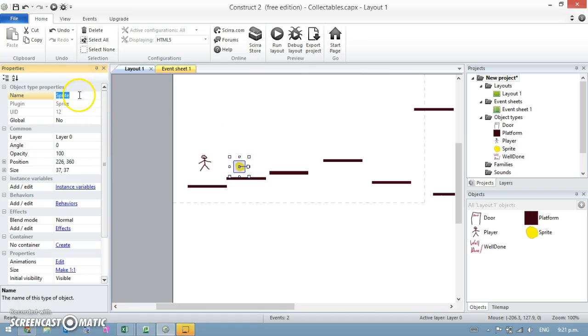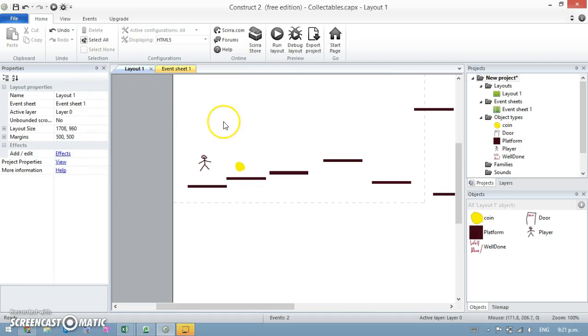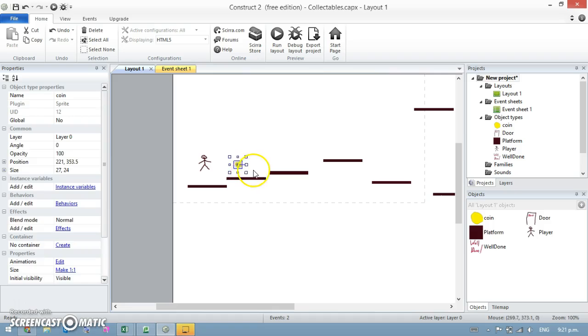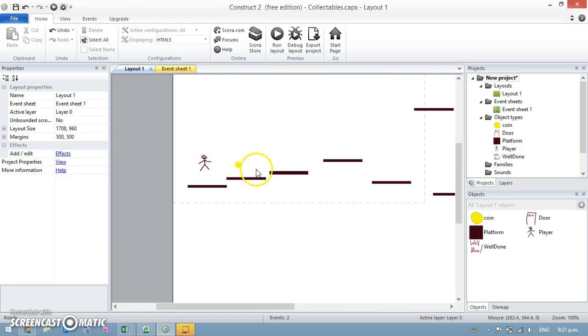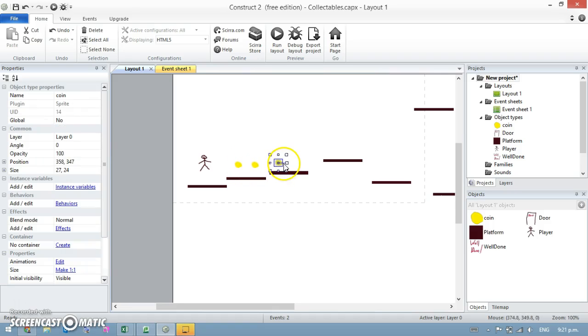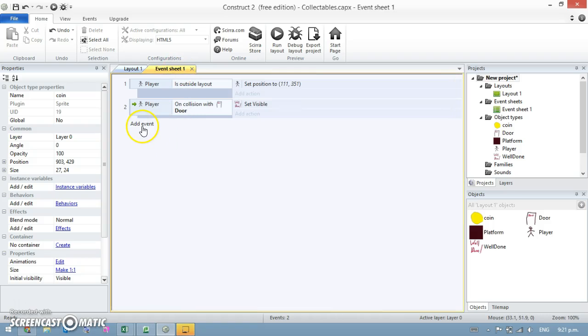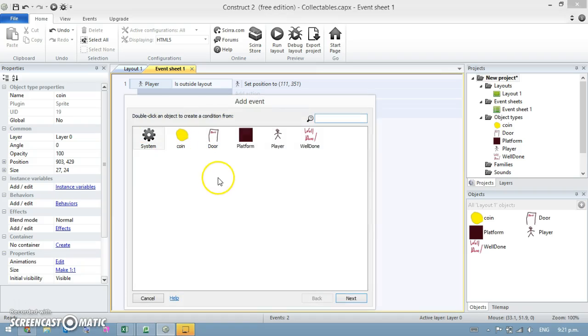Always very important to name things properly. Don't just call them sprite 2, 3, whatever. And what I'm just going to do is a control click, and control click, and just put a few around here and there. Okay, so the things that I want to happen, firstly, when the player